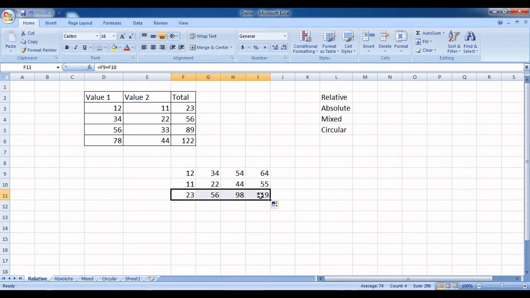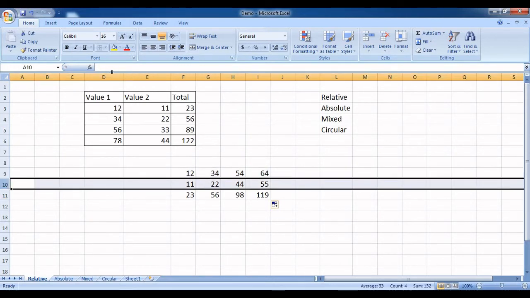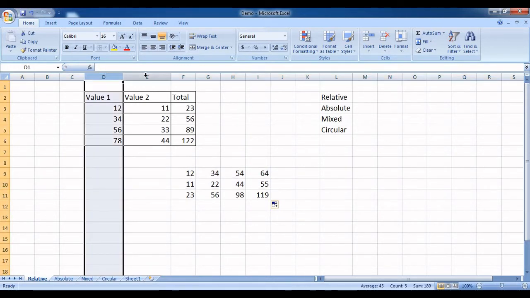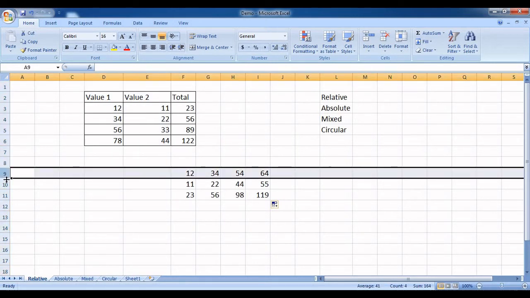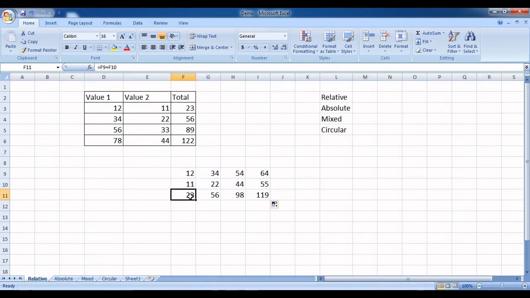Similarly, you can go in the other direction as well. You will have to drag it towards left then, and you will have to add your data there first. So for the first one we have F9 plus F10. Now the row will remain the same because data is available in the 9th and 10th row. Earlier data was available at column D and column E. Now the data is available at the 9th and the 10th row. So for the first value we have F9 plus F10.